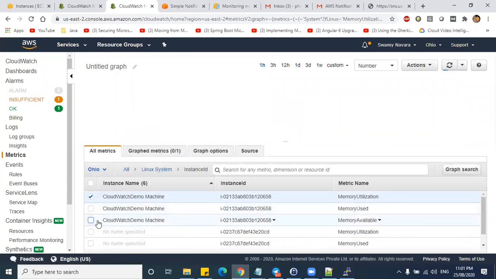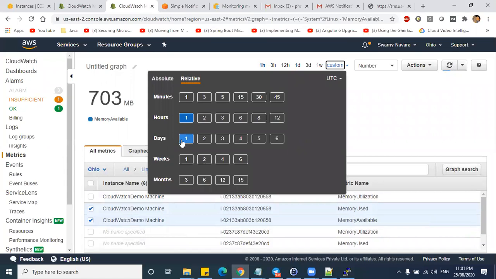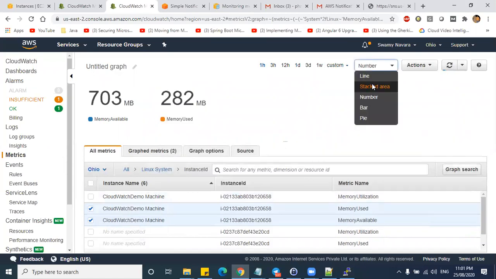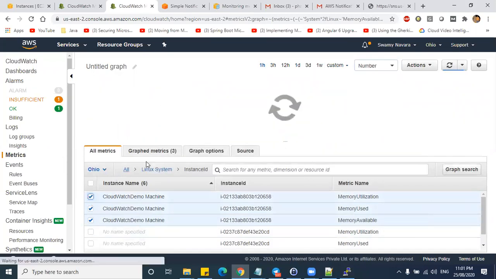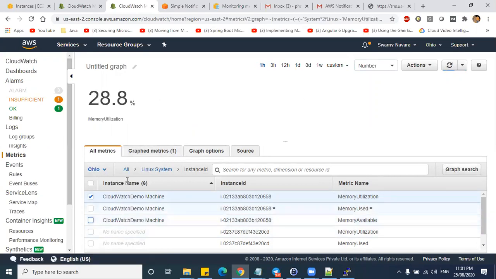We are already getting memory utilization, but in terms of percentage, I'm trying to get. Okay, but under Custom, isn't it the two which you have selected, what you see there, right? You have memory used and memory available. Now it's memory used. Okay, so I'll just keep only memory utilization. It is 28.8%.